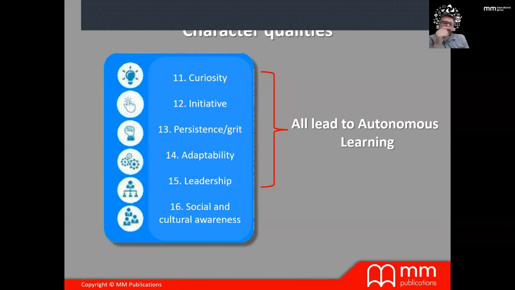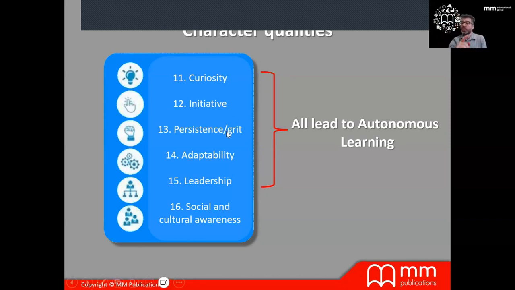These ones here that you see from 11 to 15, these all lead to autonomous learners. Like, we want our students to be curious, to be questioning things, okay? So we always try to do that in our books to arouse students' curiosity. We want students to take initiative, not to be passive in their learning goals, okay, in their language learning. In other words, to take initiative, say, I don't know what a word means. I'm not gonna just ask the teacher, I'm gonna look it up myself, take initiative.